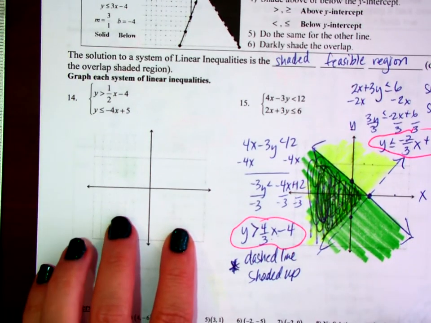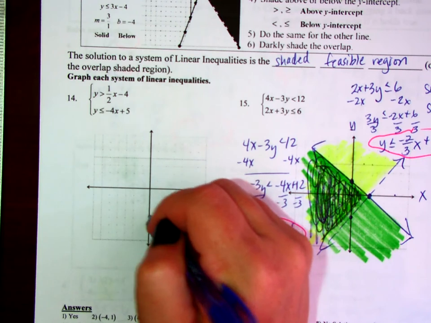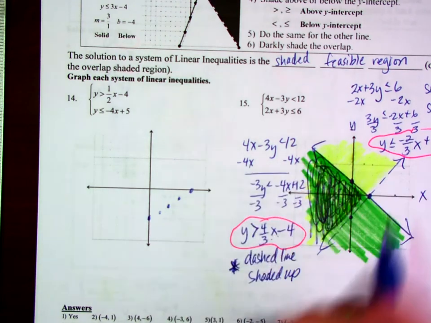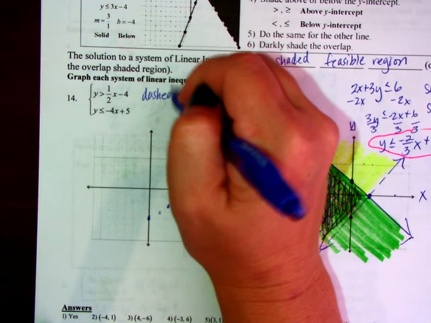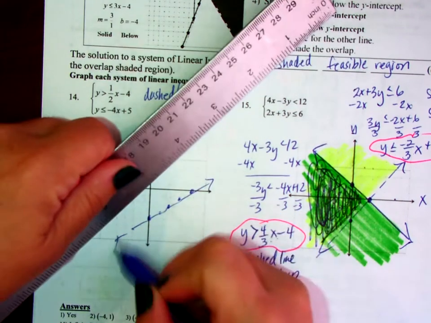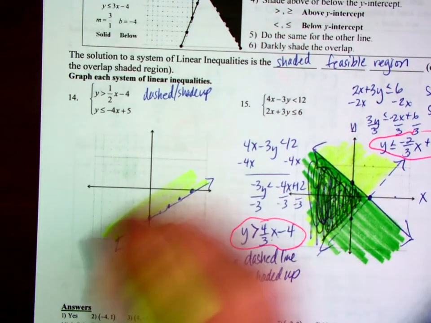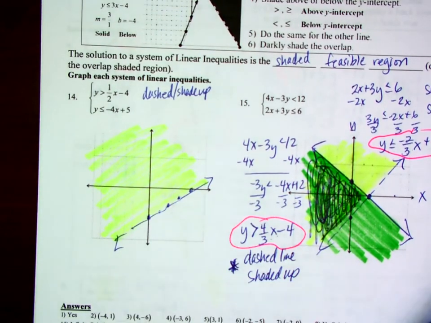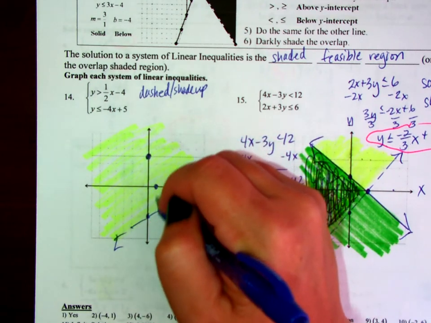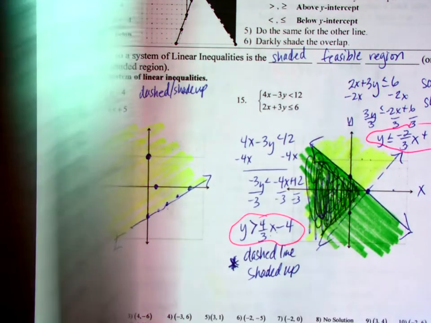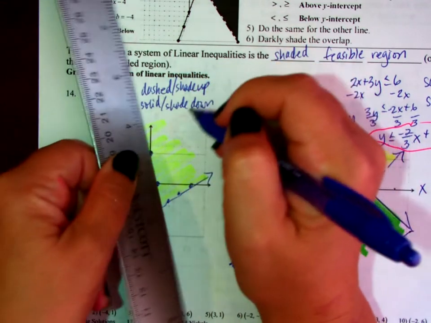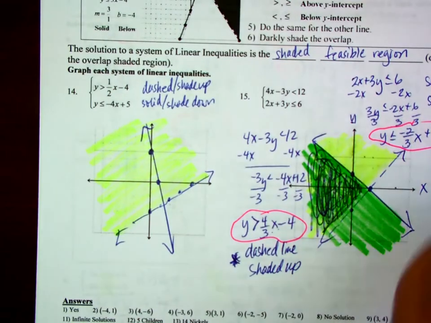Let's go graph the last one. Begin at negative 4. Go up 1 over 2. This first one is going to be dashed and shade up. And last, we're going to be in at 5 and go down 4 over 1, down 4 over 1. This one is going to be solid, shade down. Shading down